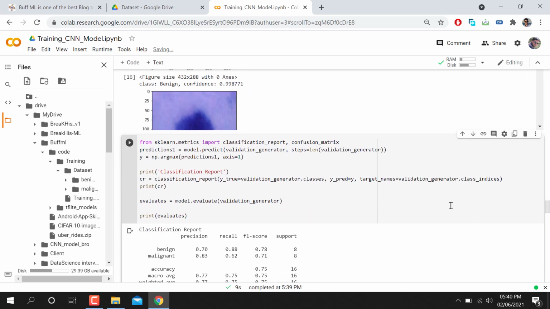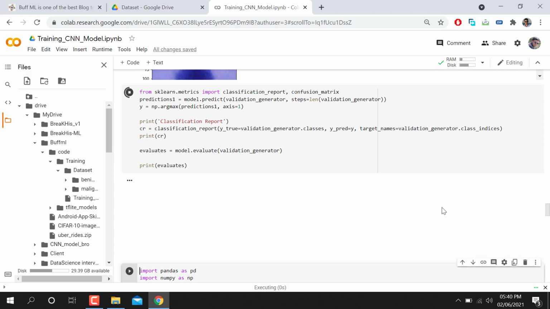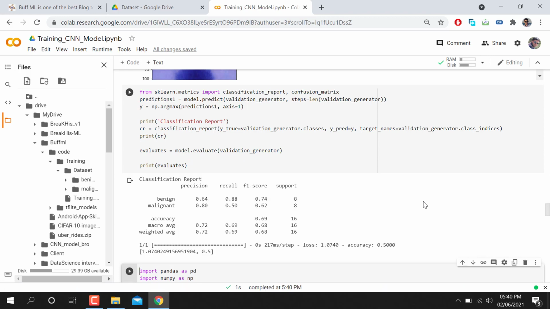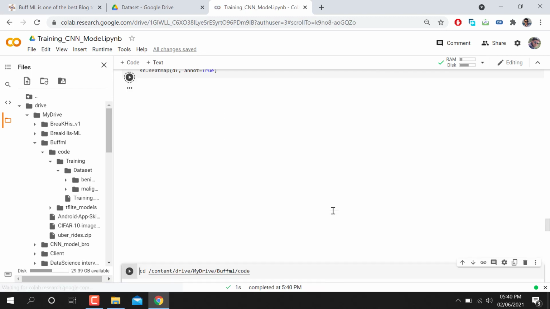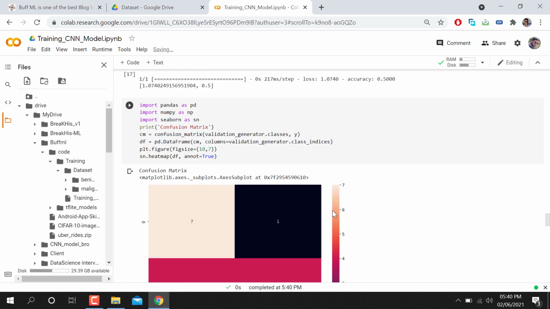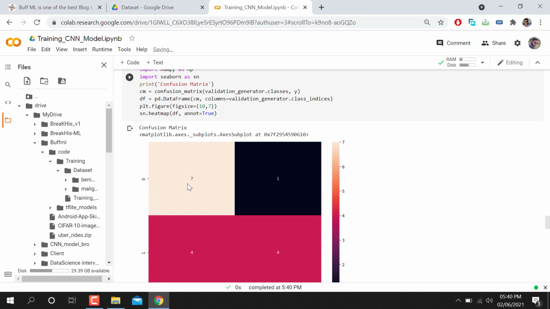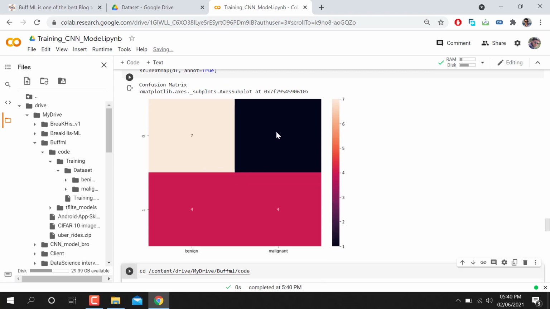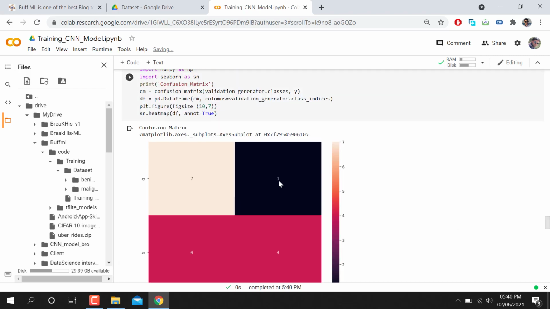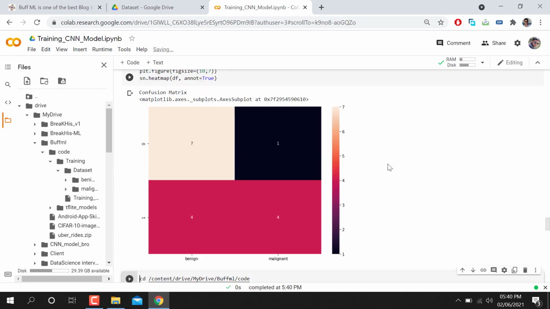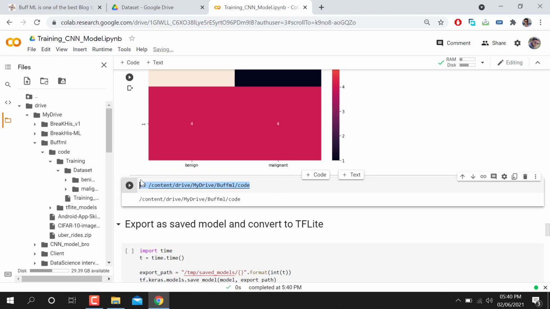After that I'm also drawing a confusion matrix. If you know what a confusion matrix is, it is the evaluation matrix to check how good our model is. You can see we have 8 samples for benign, and it's predicting 7 correct and 1 wrong. So benign and malignant, this is a confusion matrix. So after that I already made this one, so why I use this one. Make sure when you reach here, please listen carefully.